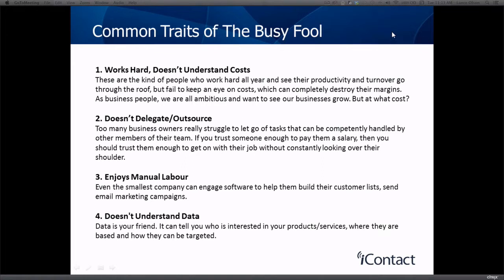Another way you can look at this, I was speaking to a client a few months ago now, and she told me she believed that she needed to get more involved with email marketing. She needed to get more involved with social media marketing. She needed to get more involved with content marketing, but she just didn't have the time. And that's because she was spending a lot of her time managing staff. She was spending a lot of her time doing her accounts. She was spending a lot of her time doing other little tasks which didn't really benefit her.